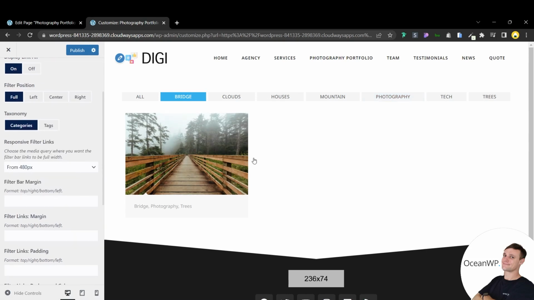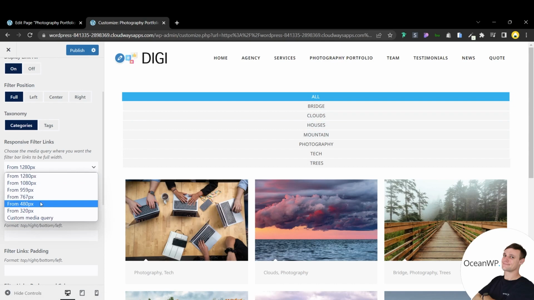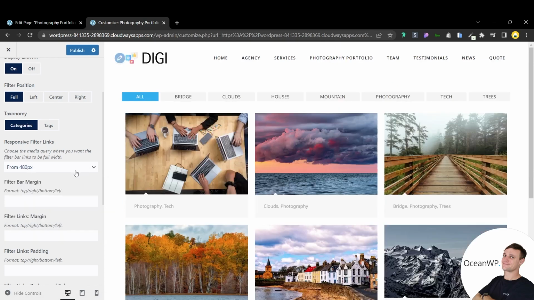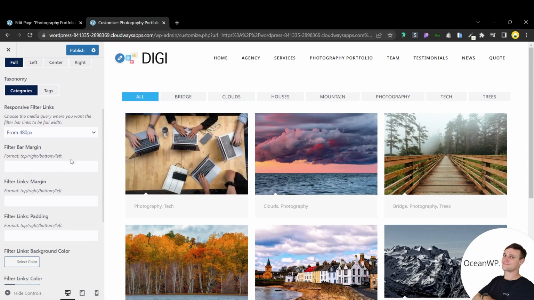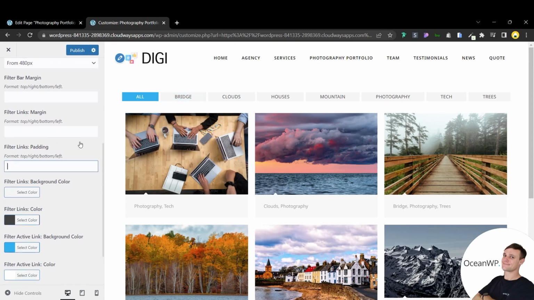You can also play around with the responsiveness, at which the display of the filters changes according to the device width. If we set it to something higher, then I think this will be changing, there we go. This is what it'll look like if we're on mobile, but obviously I want it to be full display, so I'm going to change it to 480 pixels. Anything with a device width below 480 pixels is going to change the display to suit the width of the device. Again, you can also add some more margin to the top, left, right of the filter section,